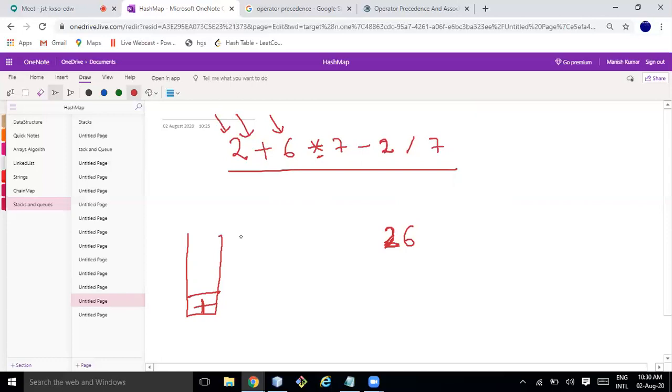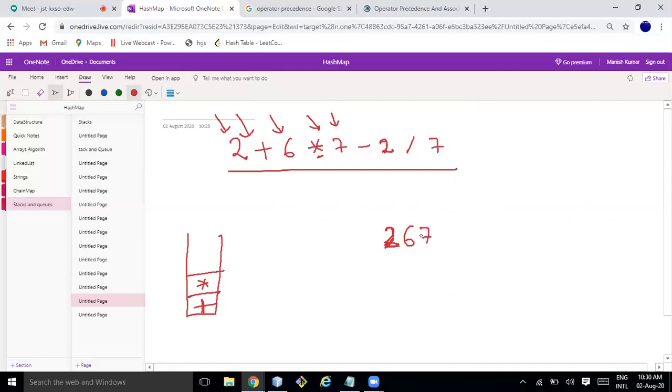Which has higher precedence? Star has higher precedence, so if it is higher precedence, push it into the stack. I hope you are following me. Okay, so this is done. Now I go to 7.